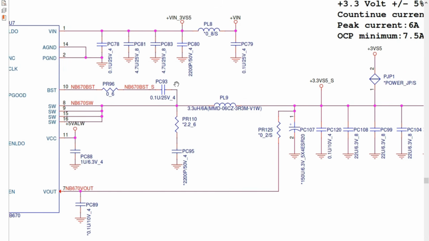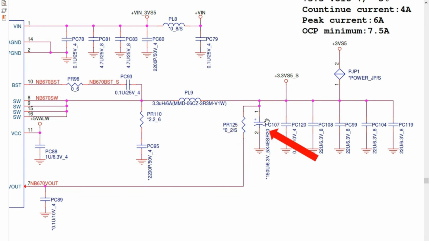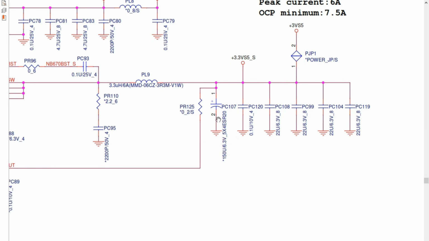Basically, we don't have MOSFETs here because this is just a small circuit. Okay, so we have an inductor and a chemical capacitor, as you can see. Always the inductor and chemical capacitors are used for filtering purposes. The inductor is also used to increase the current in the circuit. Okay, so we have here inductor PL9. And here this is a chemical capacitor to make the voltage a filtered voltage. Okay, we have PC107 and we have other